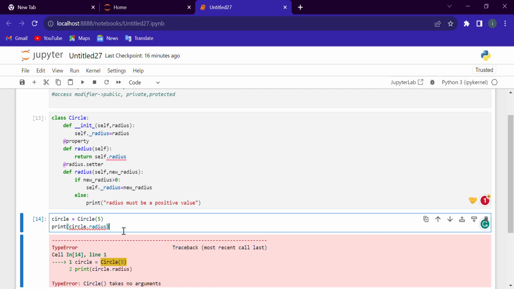Why is it giving an error? def radius, def radius dot setter, def radius, and there shouldn't be any error. Circle is equal to circle class, and print circle dot radius. And if I print here only, no, there should, okay, if I print here,